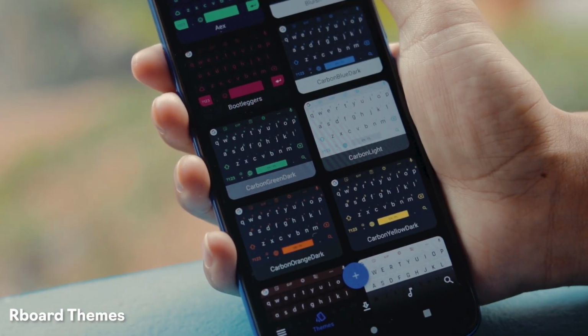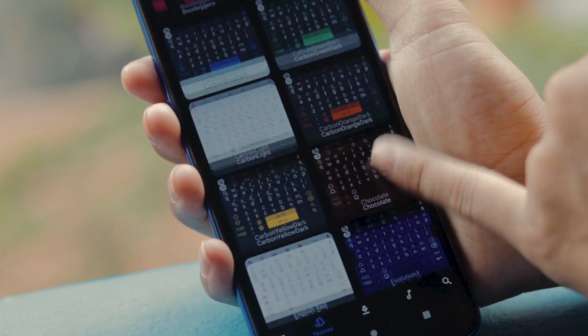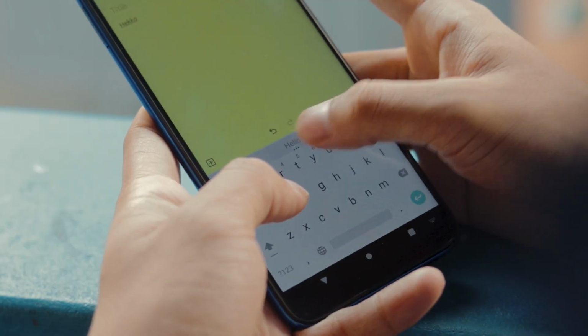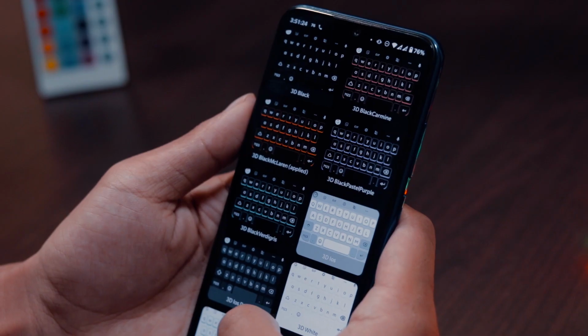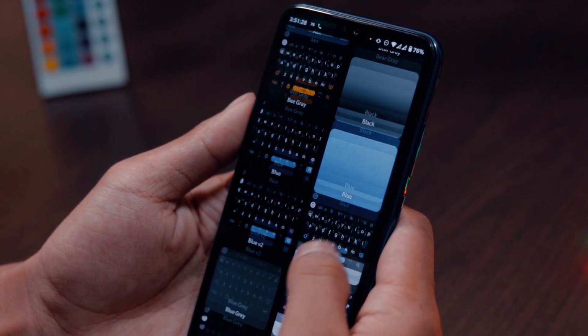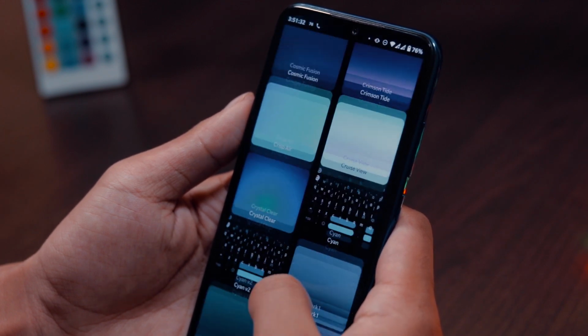First, we have the Artboard Themes. Now Artboard Themes is one of the best ways you can customize your Google Keyboard or Gboard on your Android devices. If you love to use Gboard like me on any smartphone, Artboard Themes is a must-have Magisk module as it allows you to put up lots of different intuitive themes and change the look of the keyboard and typing experience.